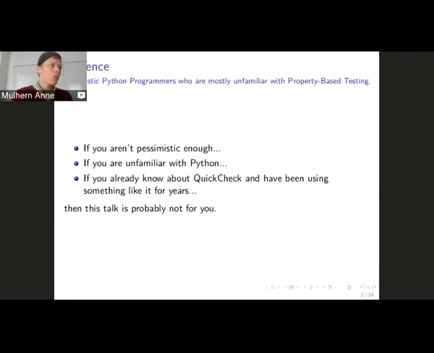If you already know about QuickCheck, the original Haskell QuickCheck, if you've been doing property-based testing already for a while and know all about it, then honestly, you might want to just stop listening to me, install Hypothesis, and get started. My recollection is that it took me like 3 minutes to find a bug in my code. I think it was probably more like 3 hours because I'm one of those people who actually read some of the documentation first, but it was really, really easy and straightforward. If you already know the concepts and you're familiar with Python, you might just want to start using Hypothesis and see what you get out of it.